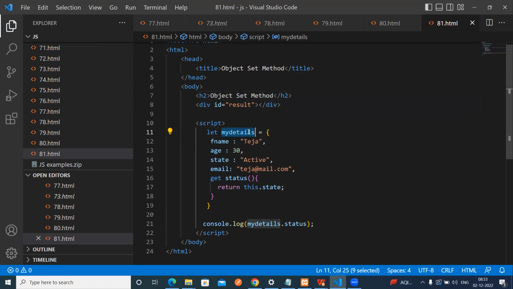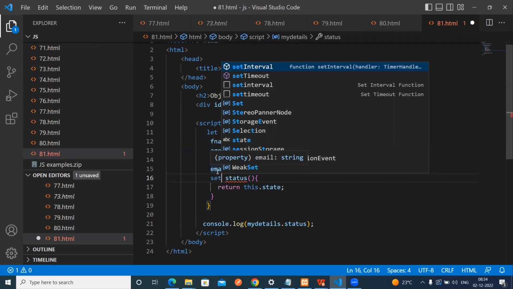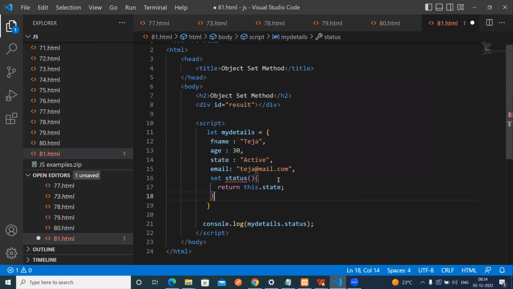See here, we created the object here, my details. Inside of this one, we created it. So now we have to use the set method, right? How can we use it? Set status. Here we don't have anything, nothing is there, so it is empty. First it is empty, so if you access this one,